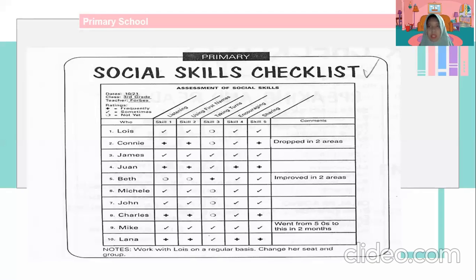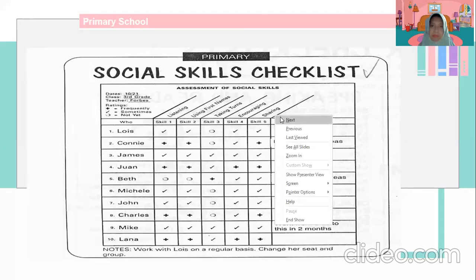That's how students do the observation checklist for primary schools.